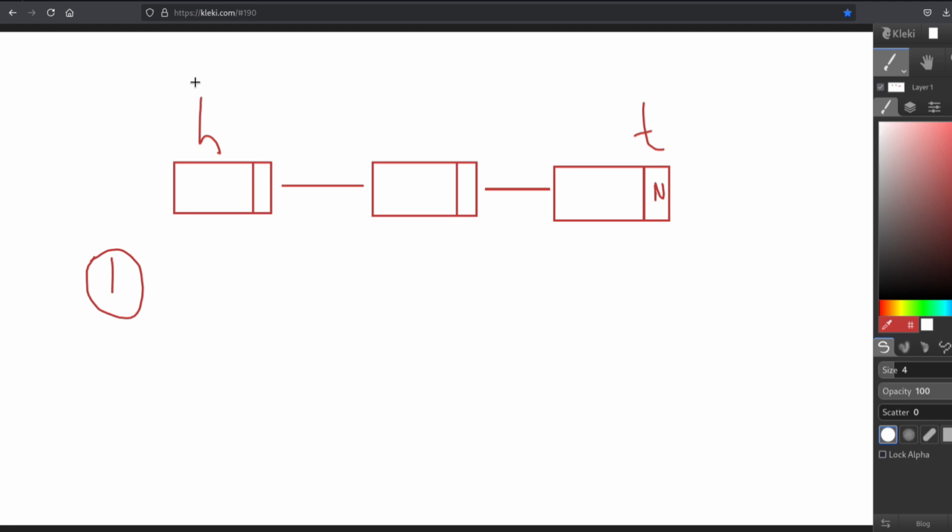One is going to be you create a temp node, alright, and you make it equal to head. Okay, so I'm gonna say create T. Second step is going to be that you take your head, you push it to the next node. Okay, so now head moves over here. So I'm gonna say here move head to the next node,